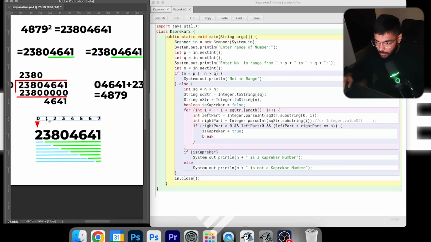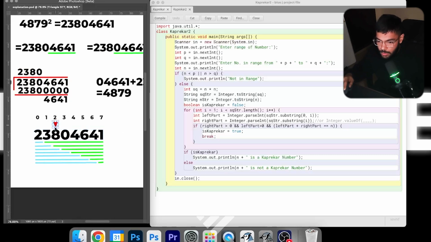First is the 0th character, so we enter the for loop with i as 1, so it will take only the second. The right part will start from 1 and go till 7. After that the loop moves to the second one, so the value of i is 2. Since the value of i is 2, it takes 2 and 3, and the right part is